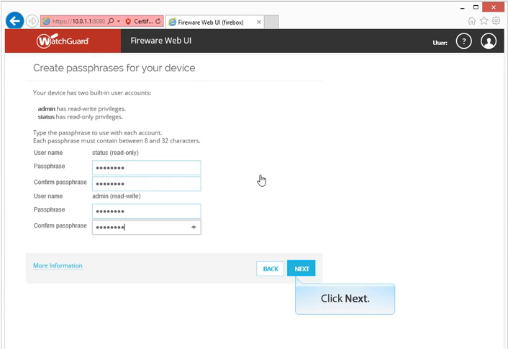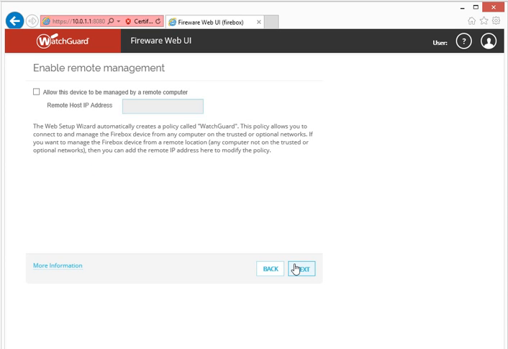If you want to manage your Firebox from home,